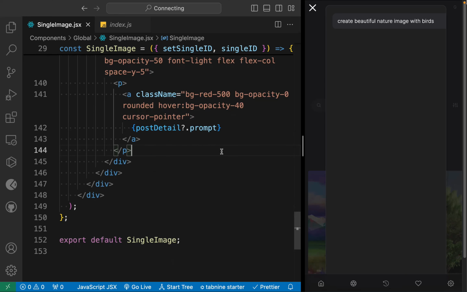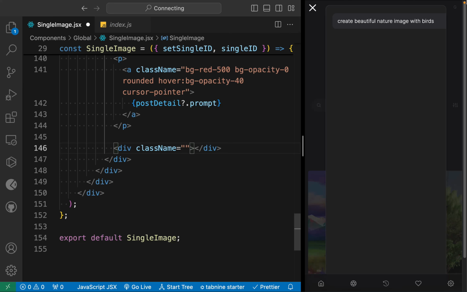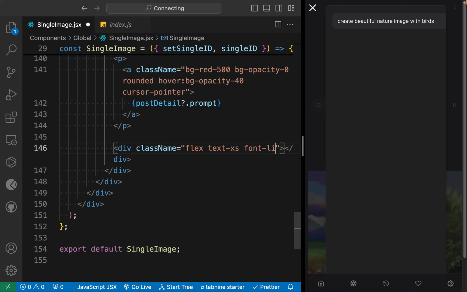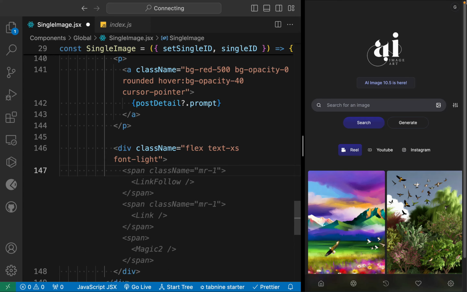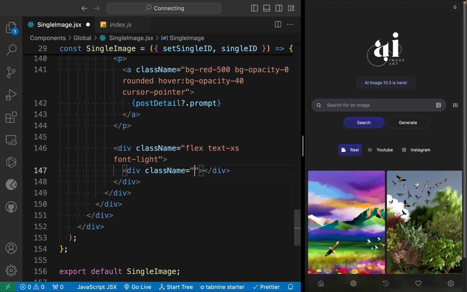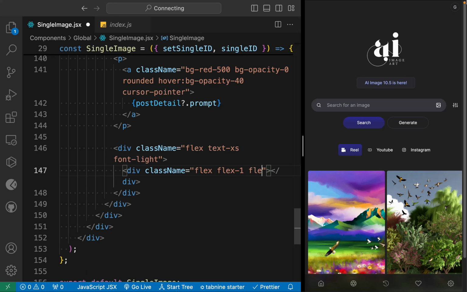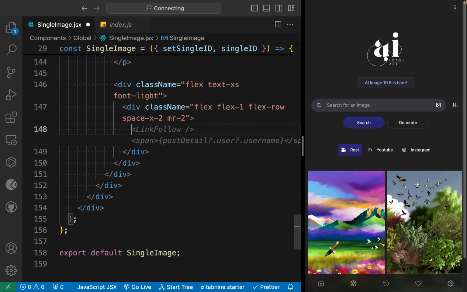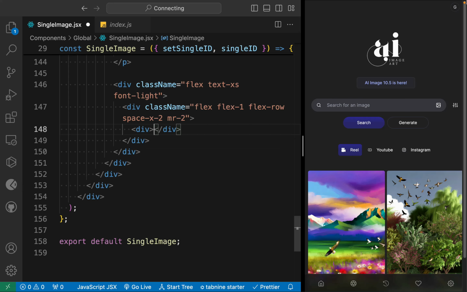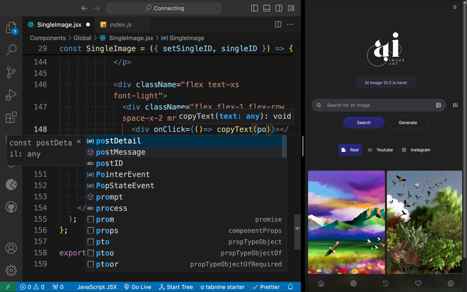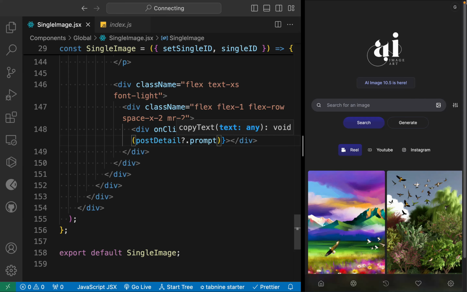Now I can simply come back here. We'll take a div. It will have a class. Let's call this flex text small, font light. Inside the div, we'll take another div. It will have a class called flex 1, flex row, space x 2, margin right 2. Inside that we'll take a div. It will have an onClick function, and in the onClick function we have to simply call this copy text. So user can simply click and they can copy the prompt, and it will have a